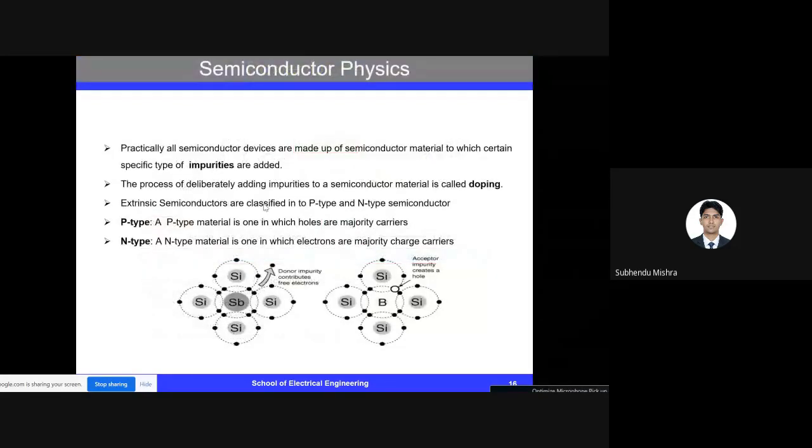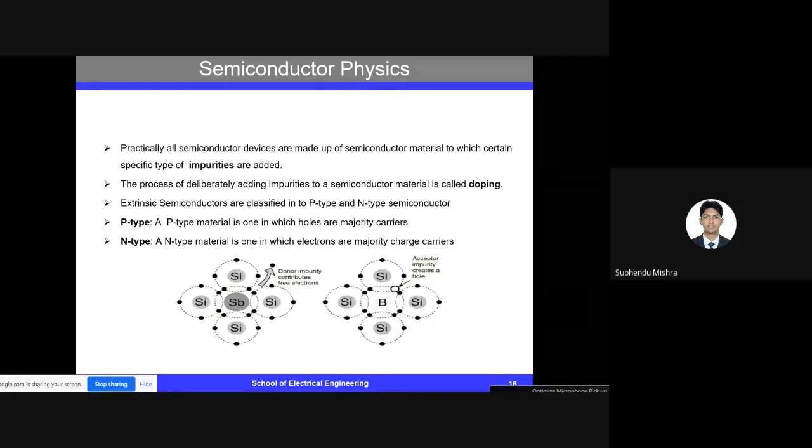Just a review of the semiconductor physics before we delve into the power diode. I will quickly go through this because I think everyone would have learned about these things, so I will not spend much time. It will be just a quick revision, and once I give you these slides, you can go back and revise them on your own time. So, about the power semiconductor physics.